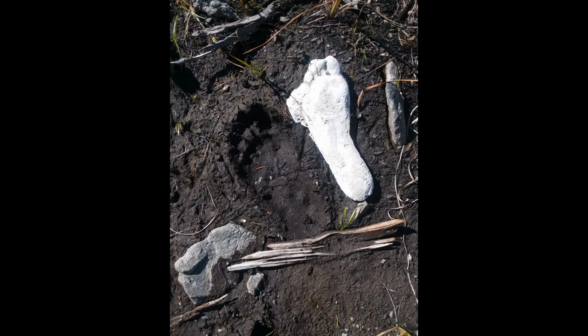For argument's sake, the tracks looked human, they weren't flat-footed enough, and the toes didn't spread apart. Well, here's an example of what my human foot looks like. When I first started out, I wanted to be able to compare a human foot to a possible Bigfoot